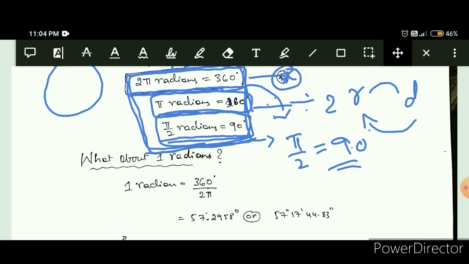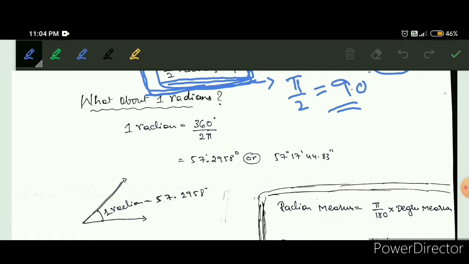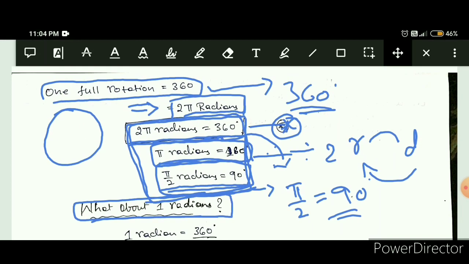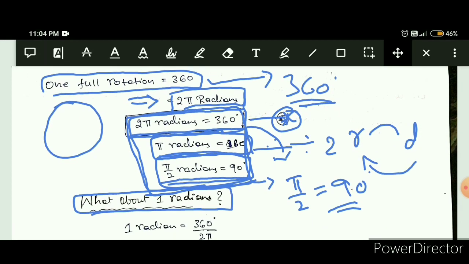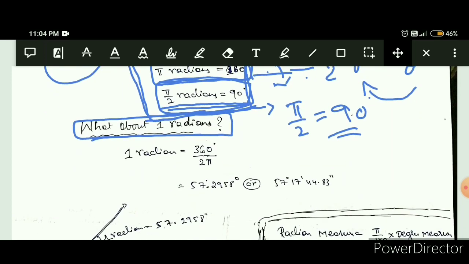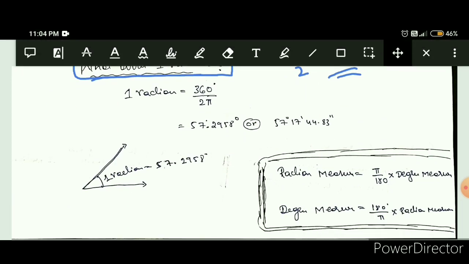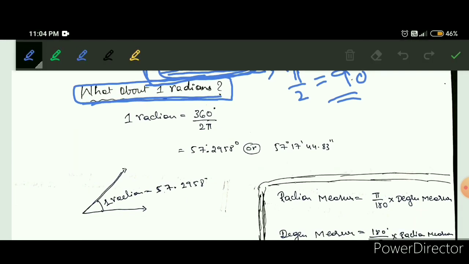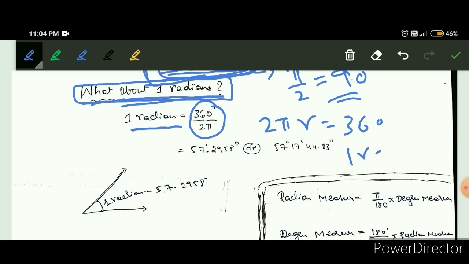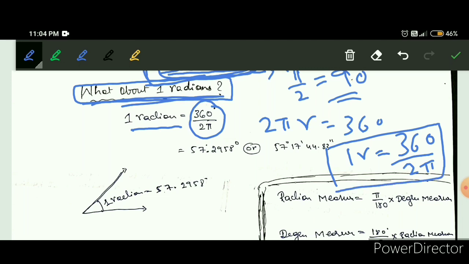And also here we can find what 1 radian is. We can find 1 radian by using this equation star. 2 pi radian is equal to 360 degree, so 1 radian is equal to 360 degree divided by 2 pi. We know that 2 pi radians is equal to 360 degree. So 1 radian is equal to 360 by 2 pi. So by calculating 360 degree by 2 pi, we get